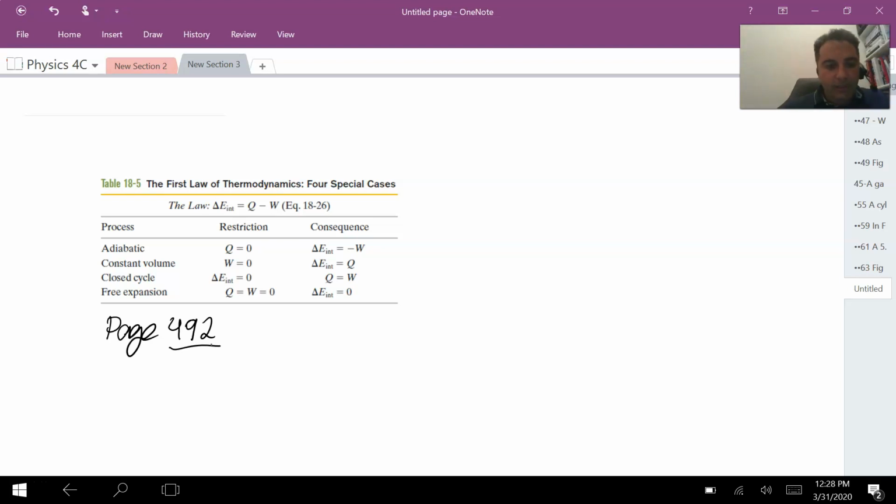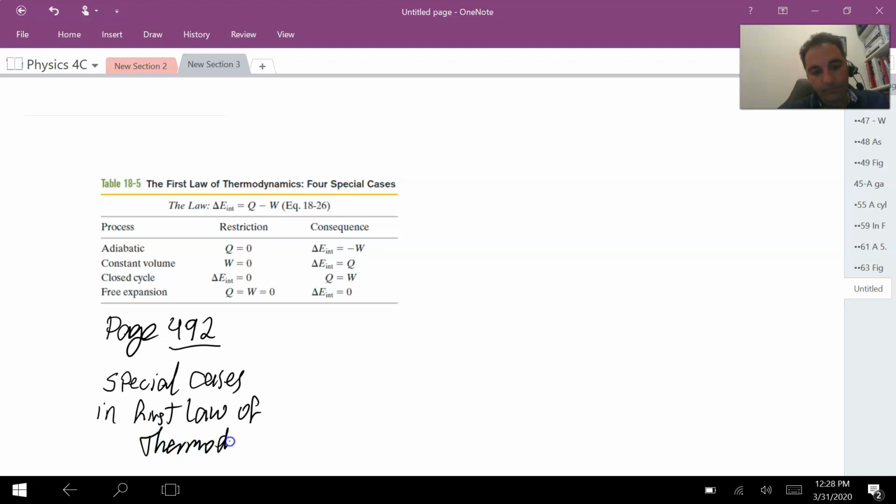The topic is some special conditions or cases about the first law of thermodynamics. You already know what the equation of the first law of thermodynamics is. It is total Q. The total Q is